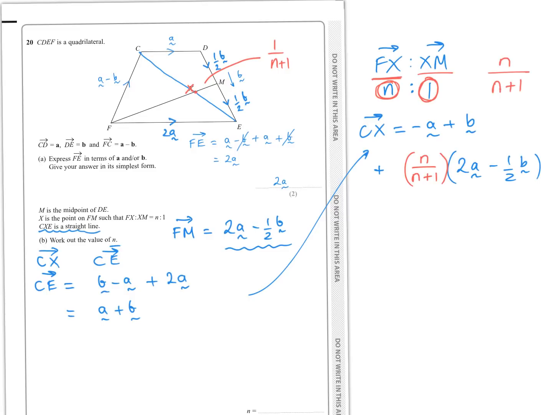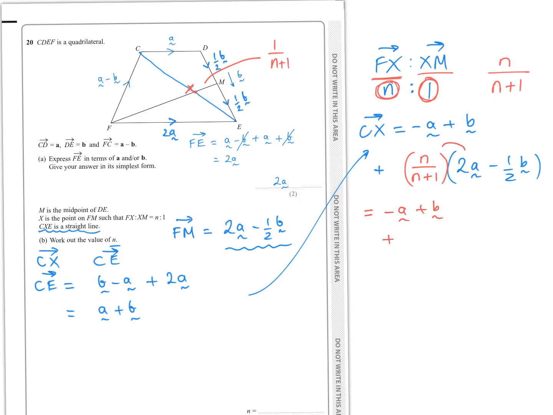So one last thing to think about is CE and CX are on the same line. Okay, so that means that their gradients must be multiples of each other. So we know that we have a plus b here, so we just have to multiply all of this out and hope that we get something in the form of a multiple of a plus b and go from there. So we're going to have minus a plus b